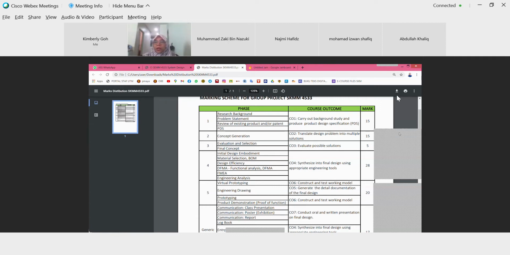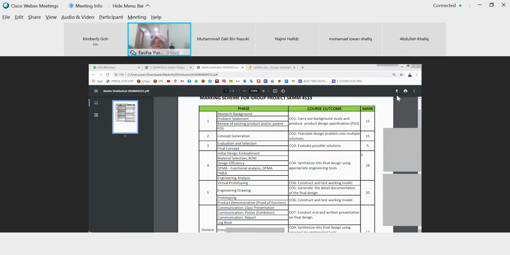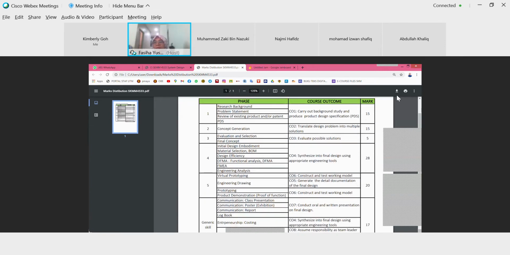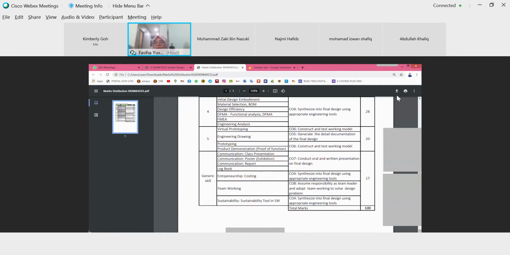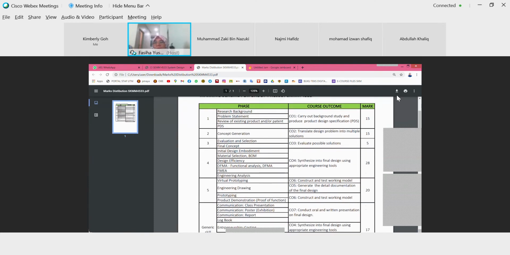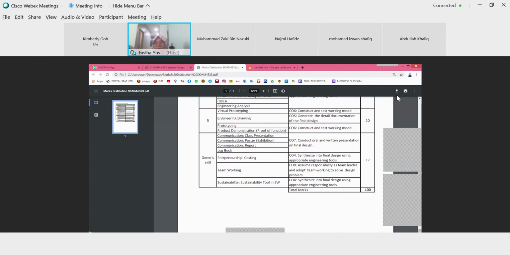So the one on the right is the marks. It is quite detailed, the marks that will contribute to your grade. The marks distribution is on the right. So the main thing in this course is your project.